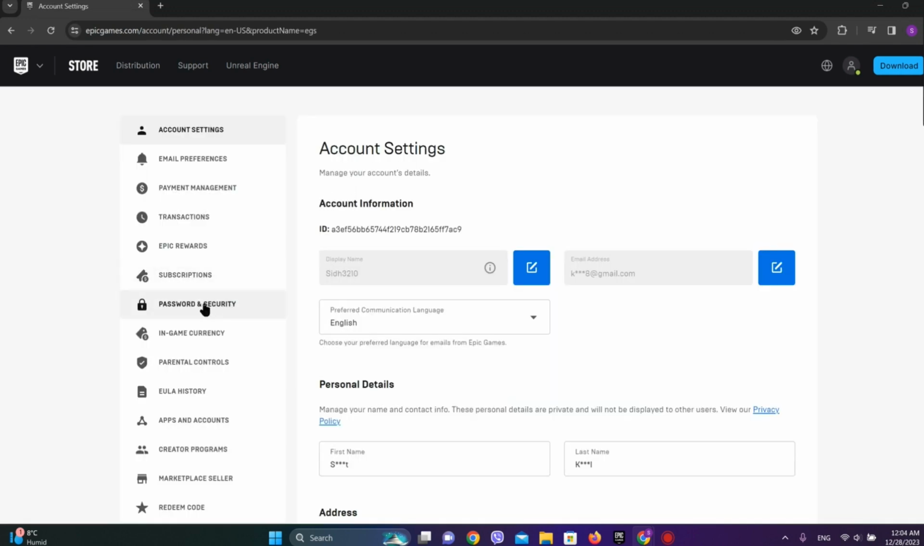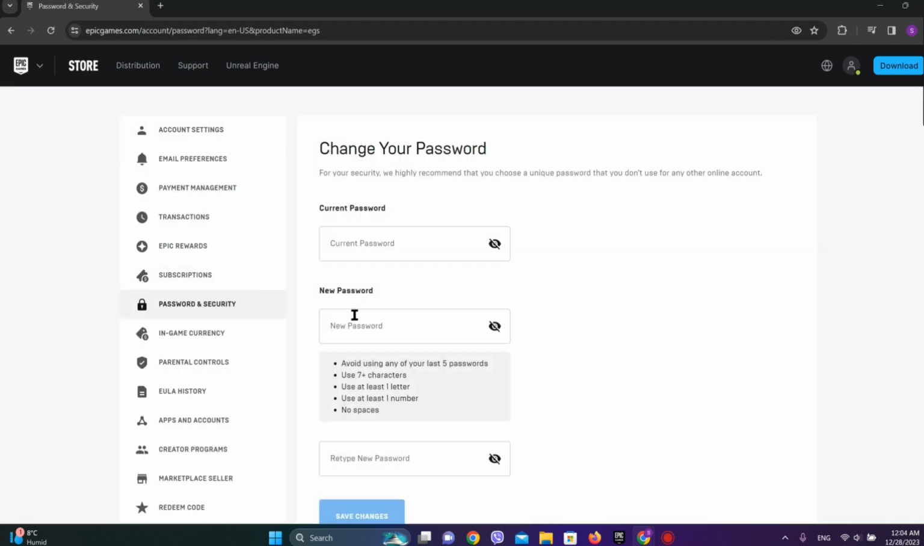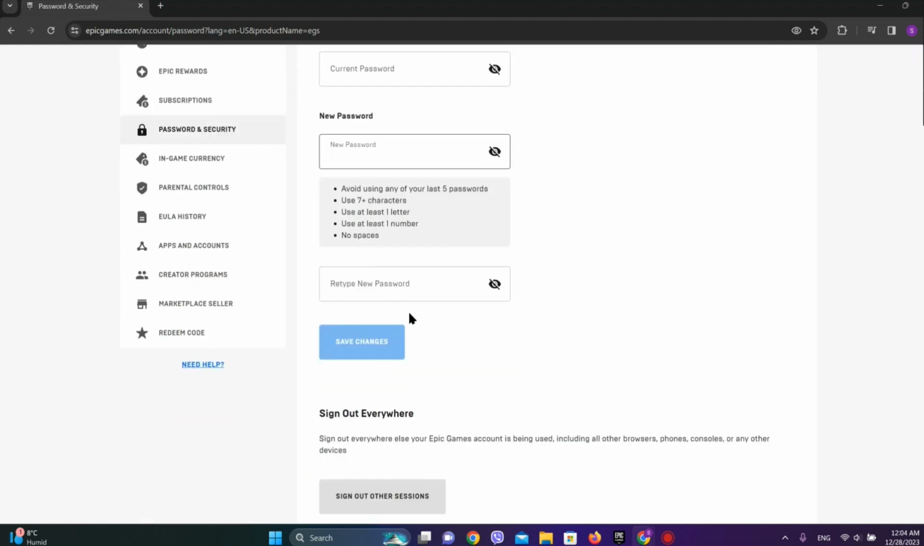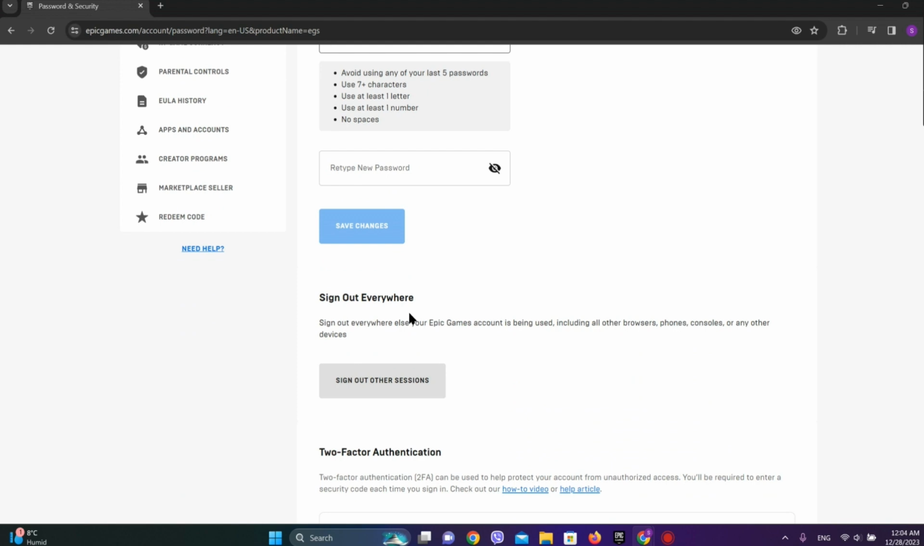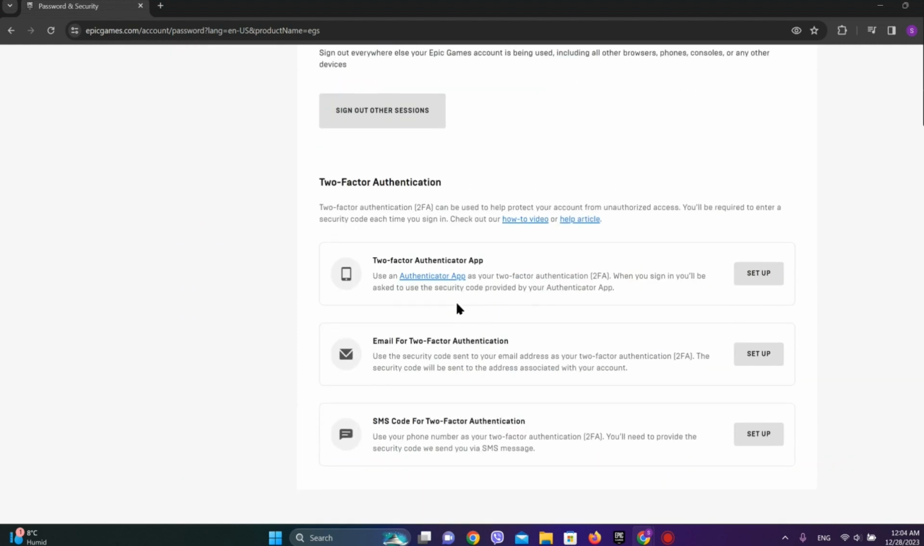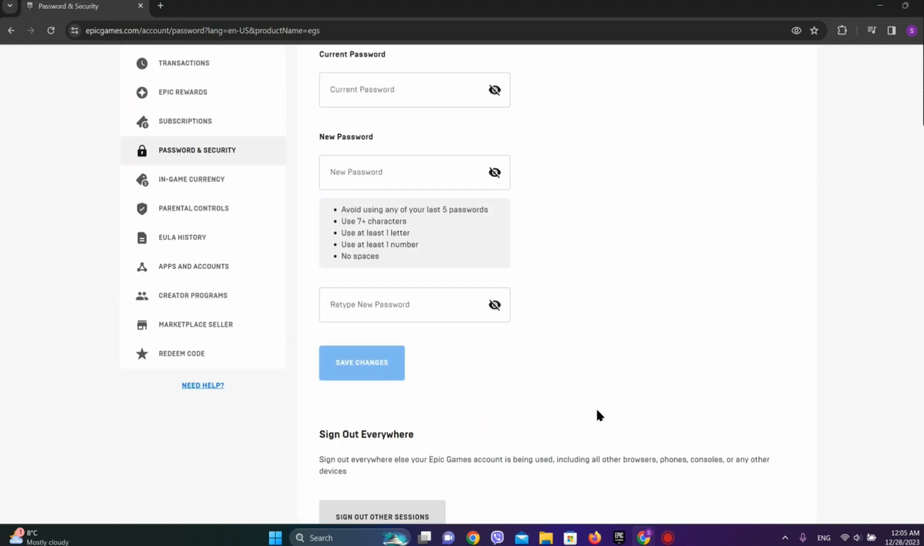Now let's click on password and security here. Now here we need to enter our details if you want to make some changes, but since we are looking at the security code, we need to scroll down. So to find your security code, you need to simply click on setup and you will get email for two-factor authentication, or you can go on SMS code as well. You can choose any of this, and following the further steps you'll be able to get the security code in your Epic Games